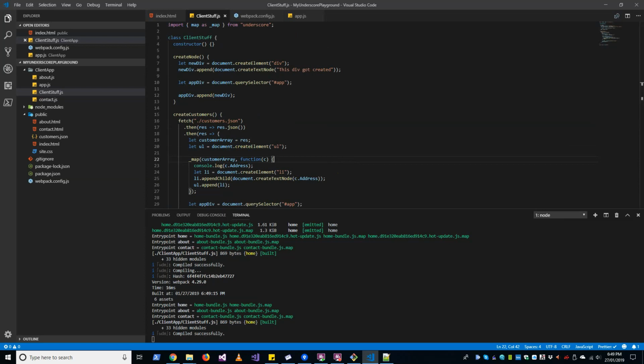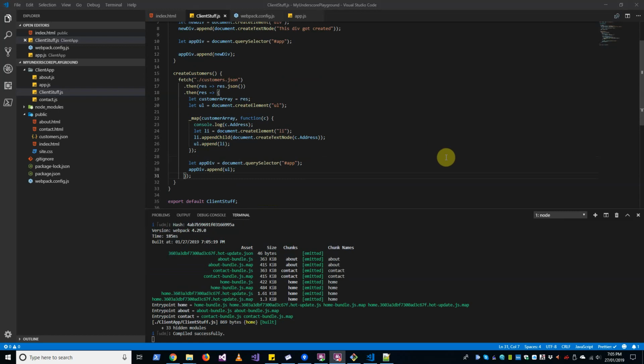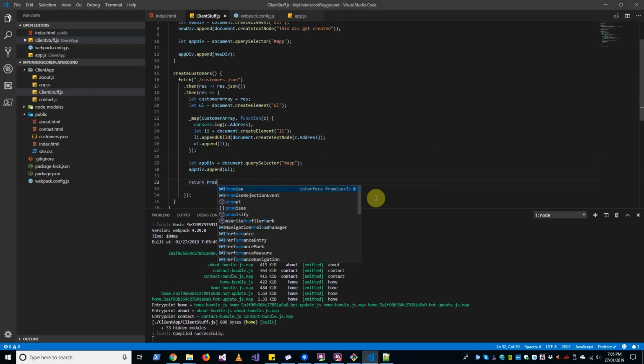The last thing I'm going to show you how to do is to add another JavaScript file and HTML file, and the whole sort of shebang in terms of adding it to Webpack and stuff like that. Actually, before we do that, I thought let's just do one more thing just to mess around with promises and have a bit of fun with that. So what we're going to do in this then statement, we are going to return something from the promise. So we're going to do a promise.resolve,